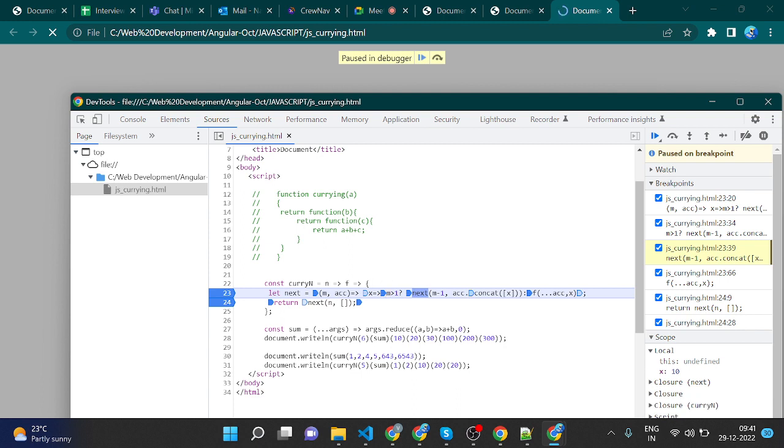m is still 6. It is calling the next. Now m will become 5, and the array will become 10, the first element, whatever value we have passed is stored. Next time, 20 will be stored. If you see here, m is still 5, but the array has become 10 only. After calling it, the array will have 2 elements, 10 and 20, and it will keep on